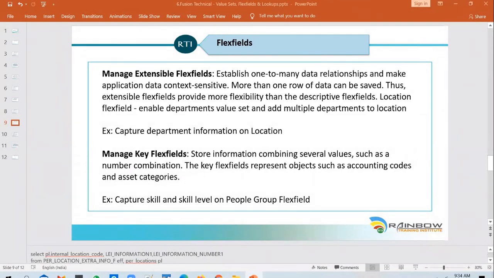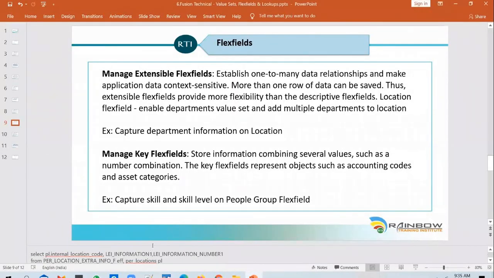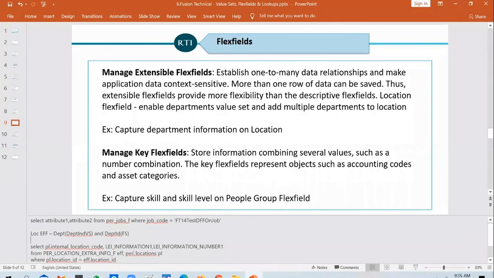Saurav, I haven't taken down any notes in this session, so you will have to use the PPT. So you will receive the code pack, and in the code pack you will have all the PPTs. And the PPT that I have used in today's session will have the queries that I have used. So I didn't write down any notes in today's session.